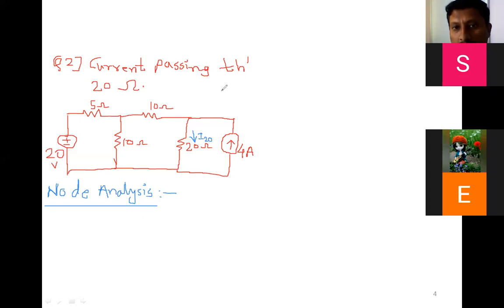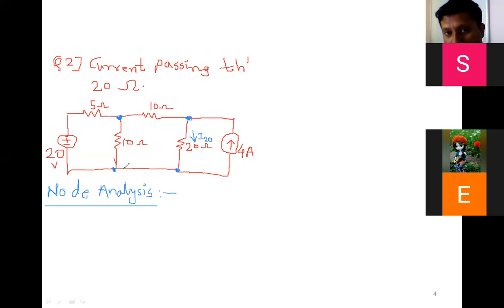Okay. So according to the circuit diagram, this will be the first principal node. This will be the second principal node, because at these nodes, 3 branches are connected. This is first, this is second, this is third. At the bottom side, there is only one principal node, that is called ground. There are not 2 principal nodes, because someone will take this as the third one and this as the fourth one.